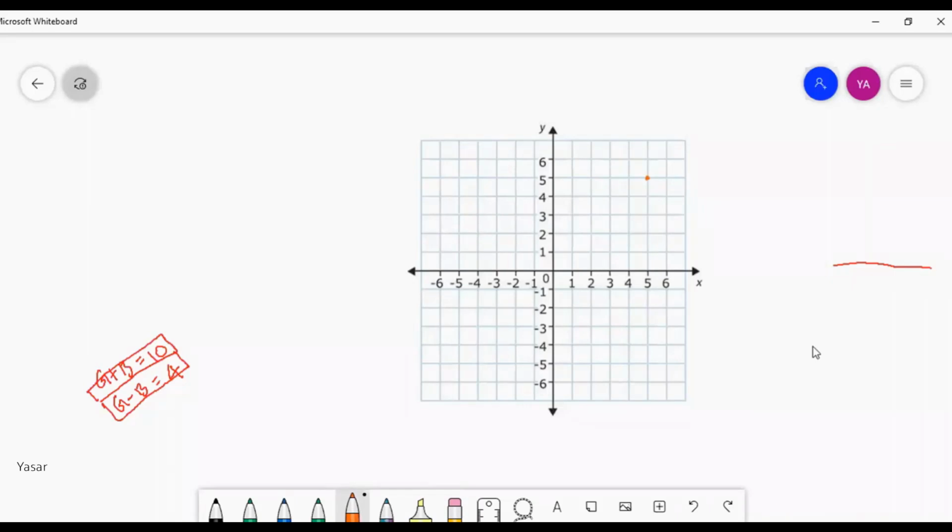Another solution? 6, 4 or 8, 2. There are many solutions. Okay, 6, 4 will come here: X coordinate is 6 and Y coordinate is 4. This is enough to draw a line, because we know linear equations in two variables represent a line. To draw a line, 2 points are enough.